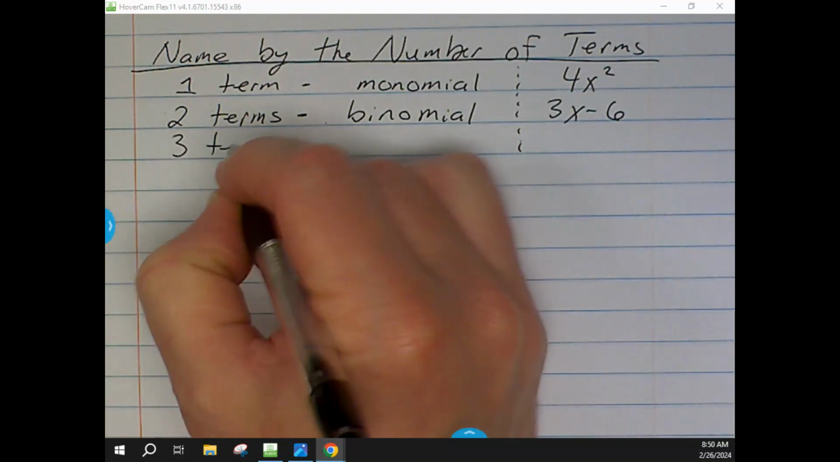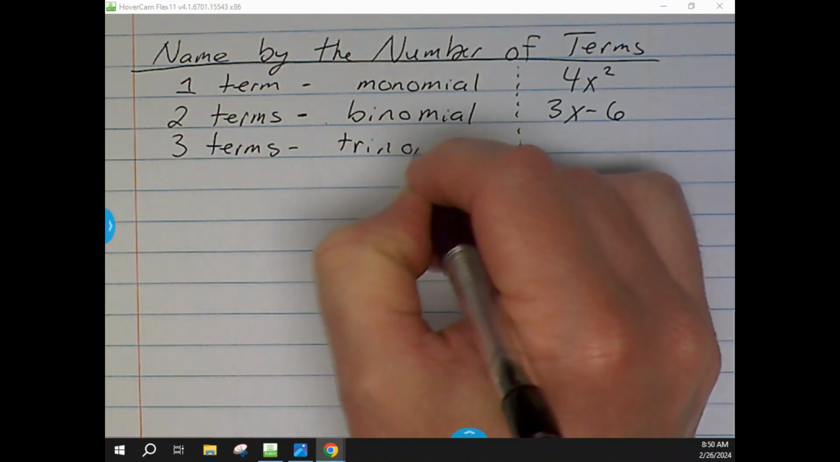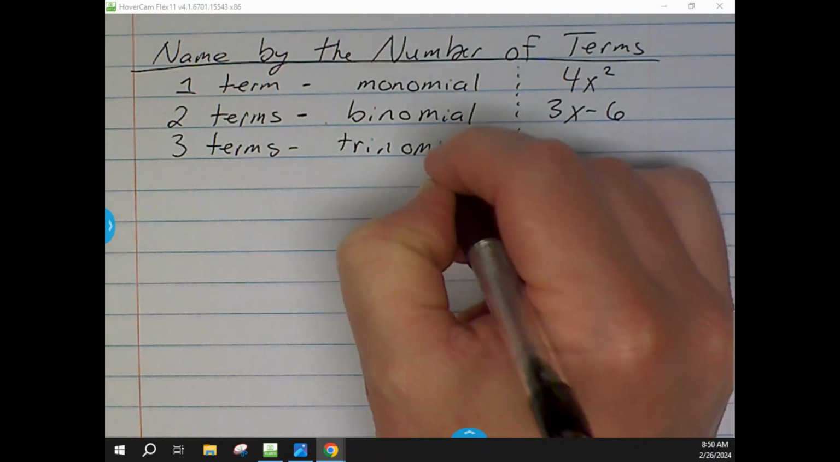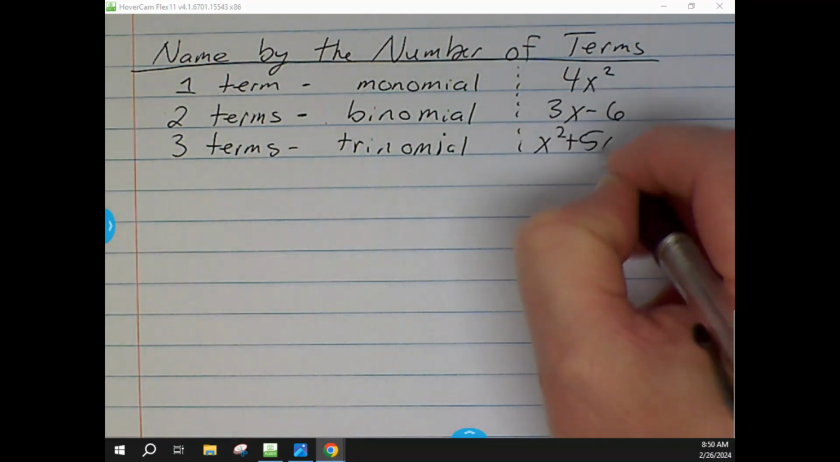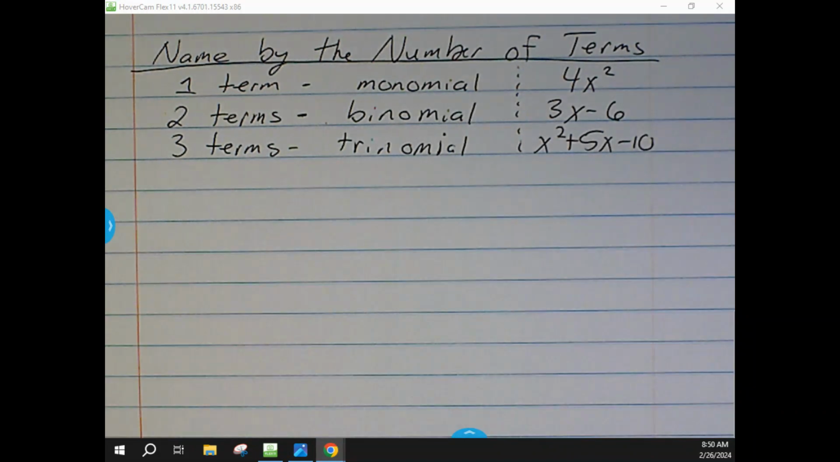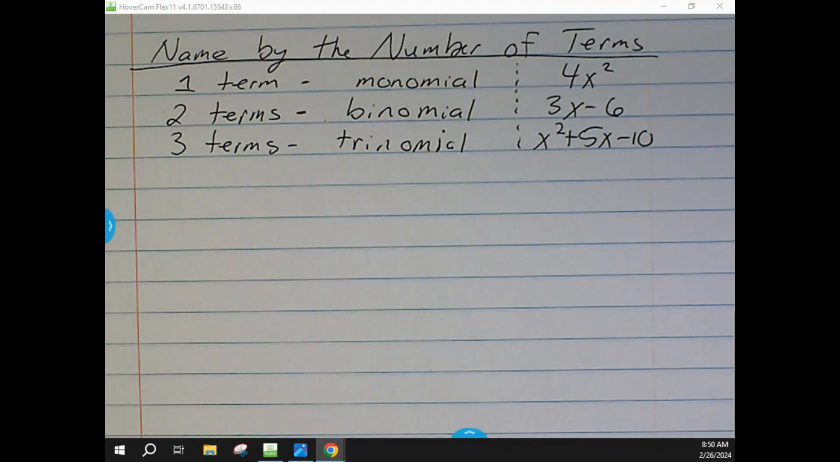All right, and if two terms is a binomial, three terms is a trinomial. That's a lot of the quadratic equations that we look at. We have something like x squared plus 5x minus 10. Okay, and those are the only three that have a very specific name. Everything else after that,